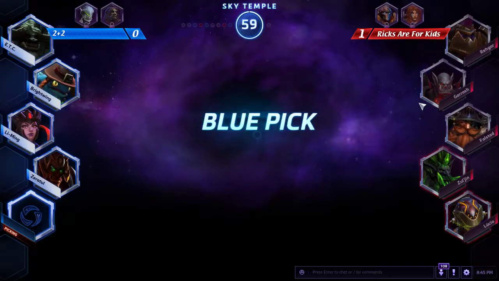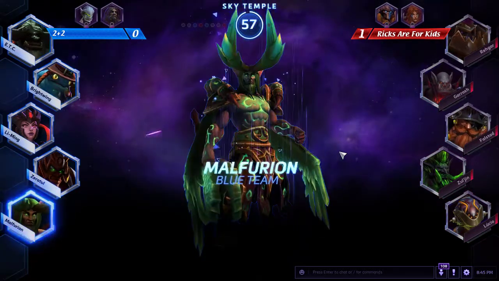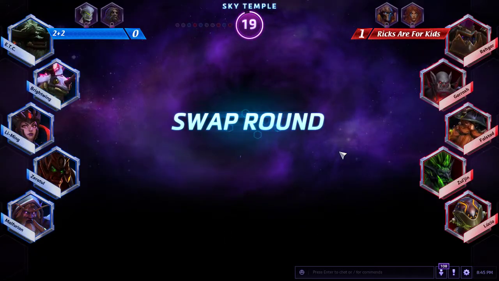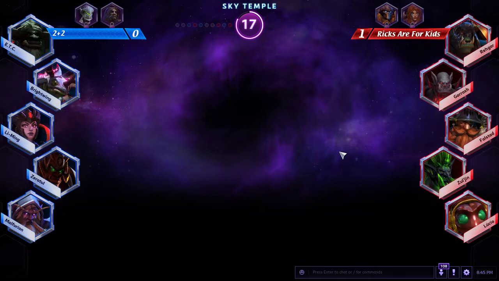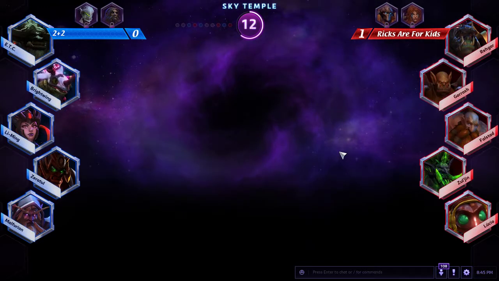Okay, Zul'jin's very strong right now. He can put on a lot and the Malfurion follow-up pick immediately from 2+2. Zul'jin recently getting that rework. Yeah, absolutely. Zul'jin is a good strong pick, and it does look like right now Ricks Are for Kids is